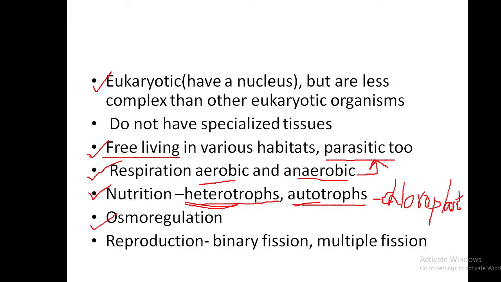Osmoregulation is shown by them, though they are single celled organisms. Some are multicellular. In our body we have specific organs for osmoregulation; kidneys help in osmoregulation. But lower organisms have only a single cell. So the proper osmotic condition, or the concentration of water and ions, has to be maintained by the organism. Osmoregulation means maintaining the osmotic balance of the body, that is the correct amount of water and ions inside the body. That is what is called osmoregulation. To maintain osmoregulation, there are specific structures present in the body of this